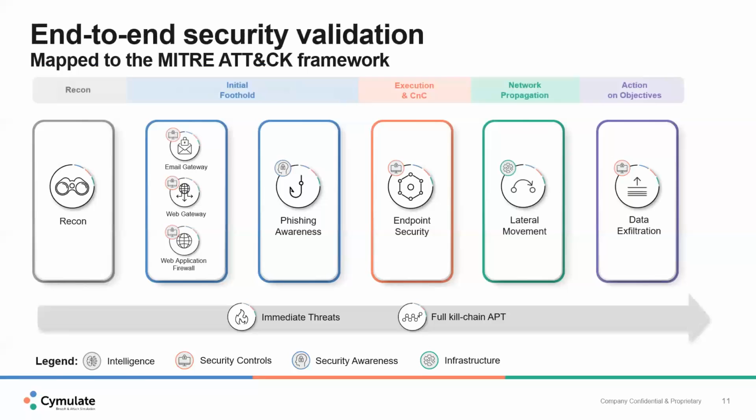Then we move into the things that we're all very familiar with, the email gateway. We all know how risky it is. We all know there's an increase in email-based attacks, and I'm sure it's going to continue for a very long time to come. Do you know whether that wonderful email gateway that you spent a lot of money on is actually blocking and filtering the type of content that it should be? So the Cymulate platform gives you the ability to launch up to about 17,000 simulated email exploits against that target